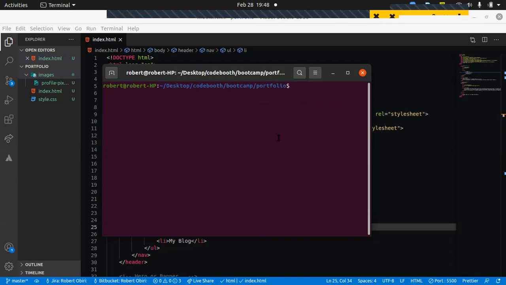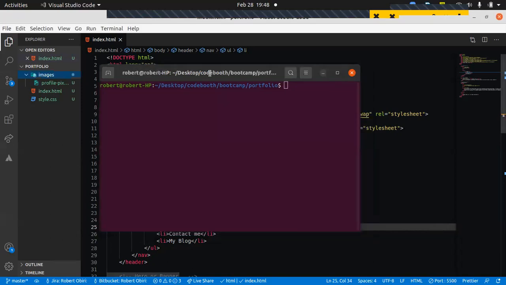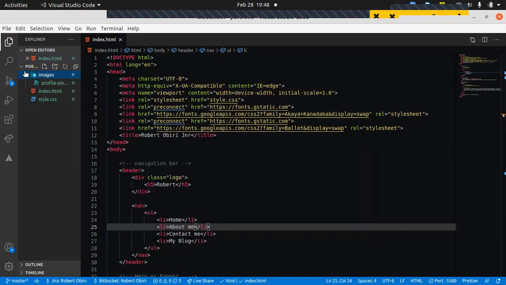So the next one is Git Add. And what is the Git Add? We are adding all the files. That is, you want to add these files to Git. You are just adding the files to Git. That is the meaning of Git Add. So if you want to add just one file, then